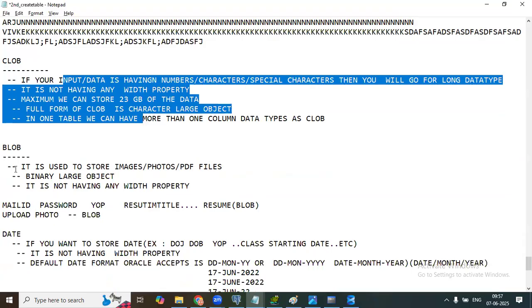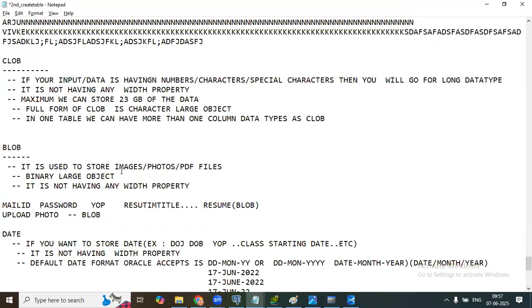No, no, Arjun, I want to store my photos or images in the database. You know, Naukri also, you'll go and upload your resume and your photo. Even LinkedIn will upload your photo. Let's say LinkedIn is storing the data in the backend in an Oracle database, I'm just telling you. Then they should be having one data type for the photo, and the data type will be BLOB. What is BLOB? Binary large object. It is used to store what? Your images or photos and everything.